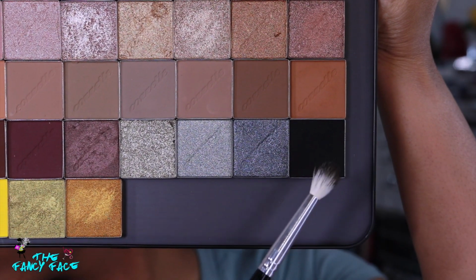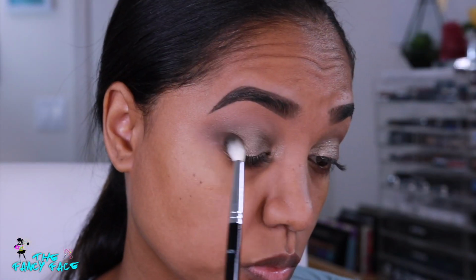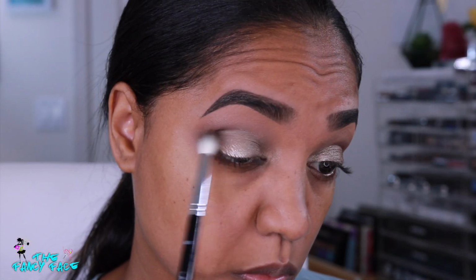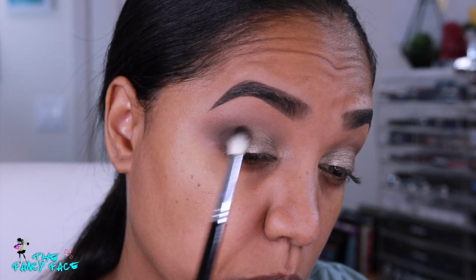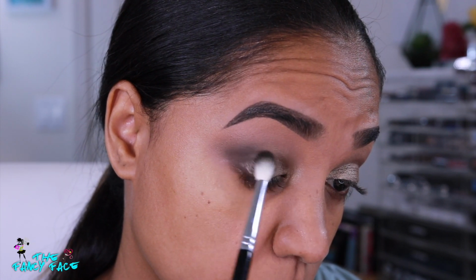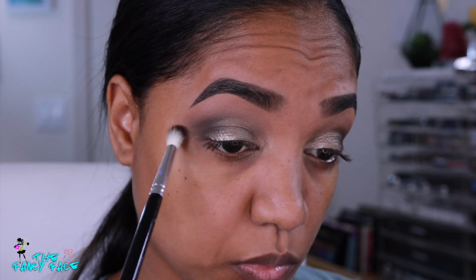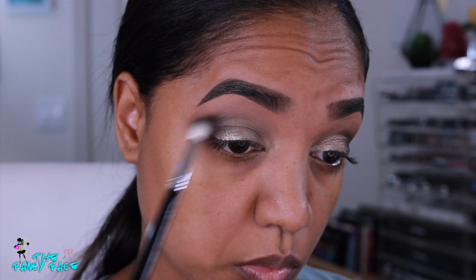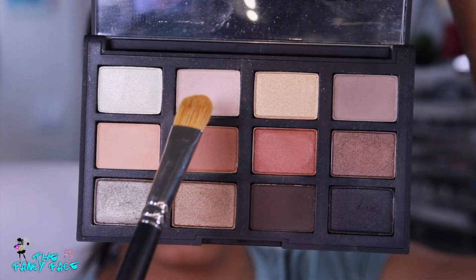Now I'm going into my Cosette eyeshadows, and I'm grabbing the shade Jet and one of the brown shades just to create a little bit of depth. Honestly, I could have done without this step. I could have just used the palettes from the Loaded eyeshadow palette, but I wanted to try this matte black out, and I just wanted to play with my Cosette eyeshadows, and they really build up nicely. I have an upcoming video with full swatches for these shades, but if you want to see swatches, they are